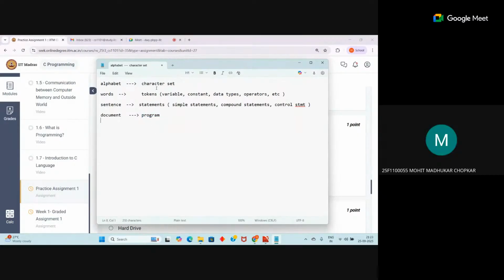Ma'am, what is the control statement? Can you explain once? A control statement means either a simple statement or a compound statement which is controlled by a control structure. That means whether to execute that statement or not. Suppose I write it like this: if A greater than B,